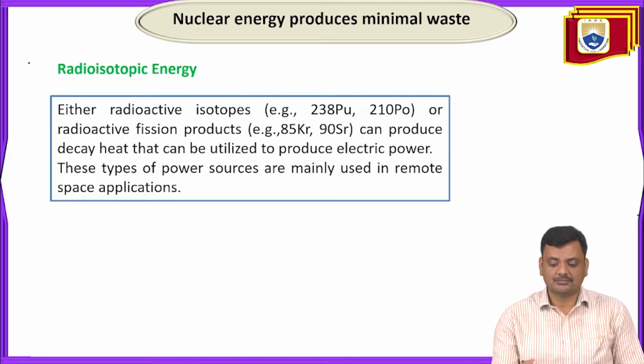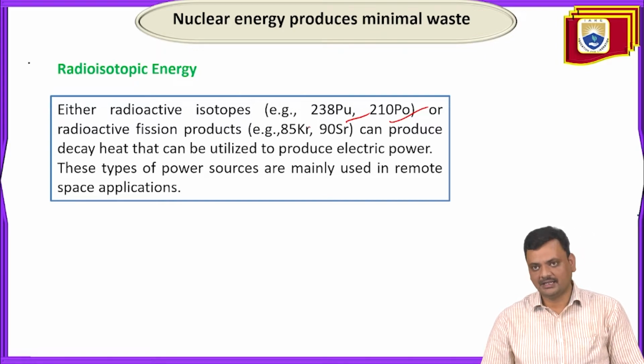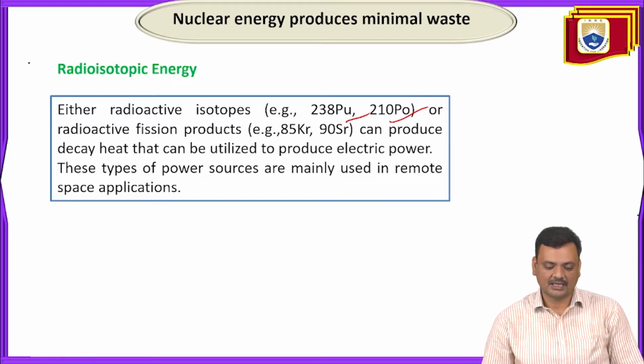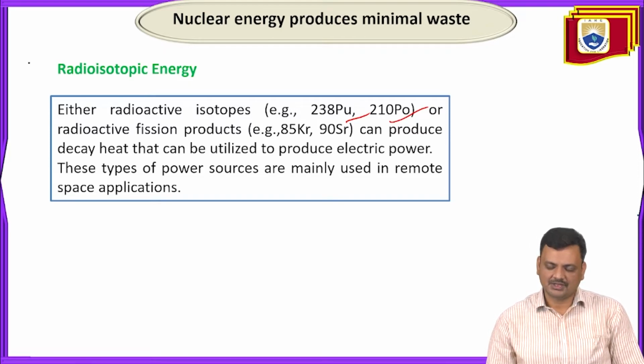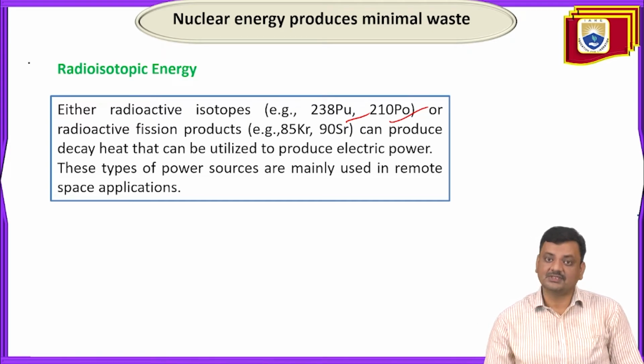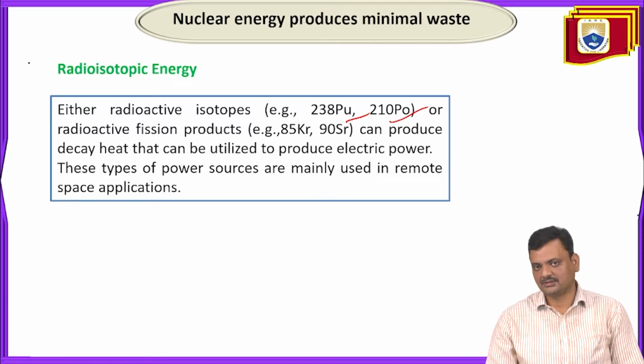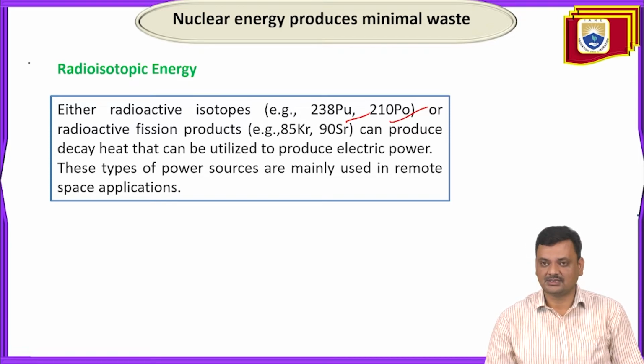Radioactive isotopes such as plutonium, polonium, krypton-85, or strontium-90 can undergo decay. They are radioactive substances, and they decay to acquire their ground state, to acquire stability. In that decay process, heat is generated. In all radioactive substances, if they decay, it is not necessary that heat will be generated, but in such types of radioactive materials, the best name being fuel,